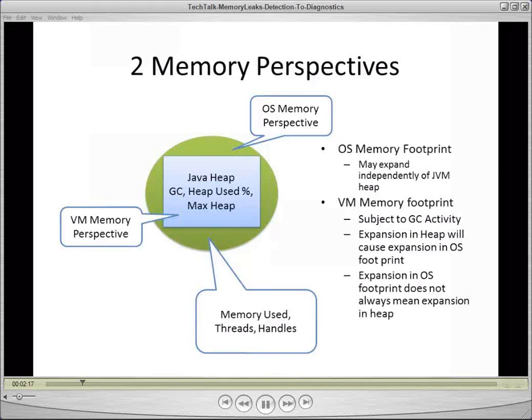It's also important to note that expansion in the OS footprint does not always mean that you have a memory leak. In fact, once the heap is expanded, even though you may reclaim the memory or release the memory within the heap, the OS perimeter may actually stay the same. So looking primarily at the OS perimeter is not a good indicator that you actually have a memory leak, even if you see that